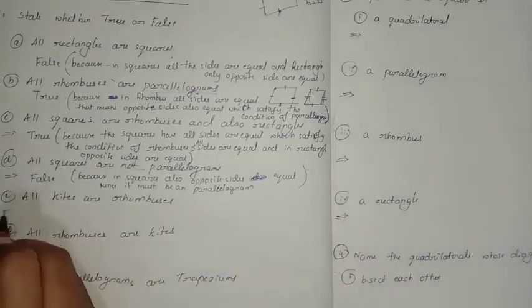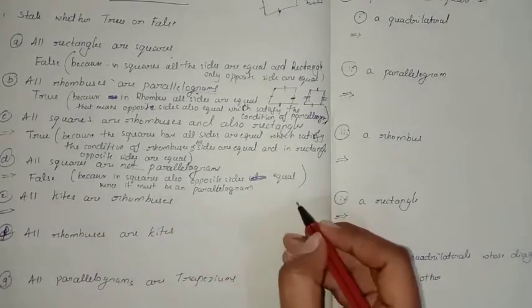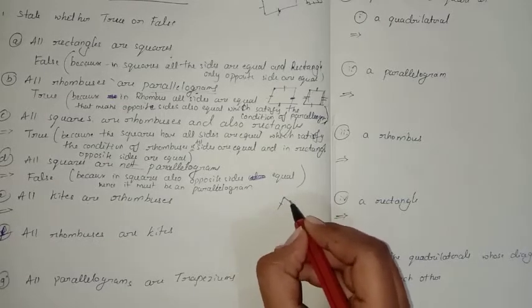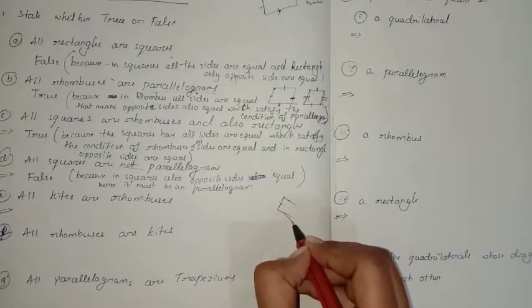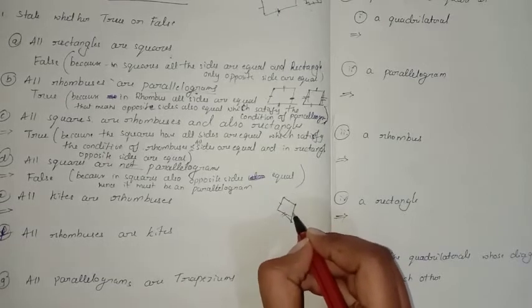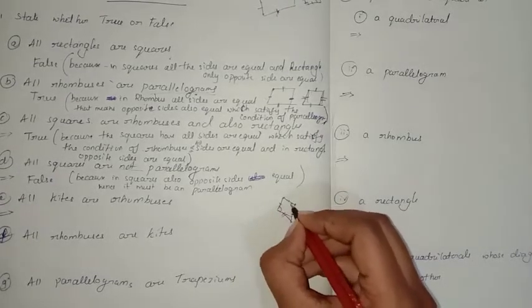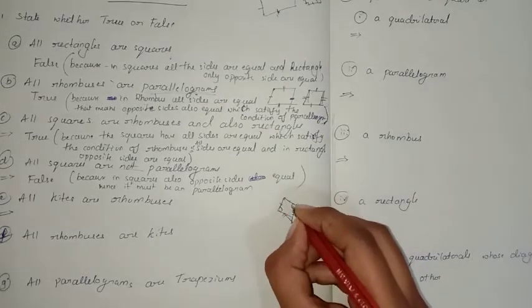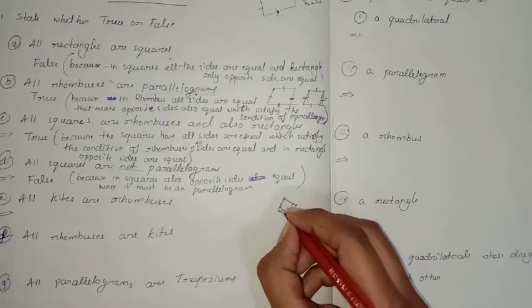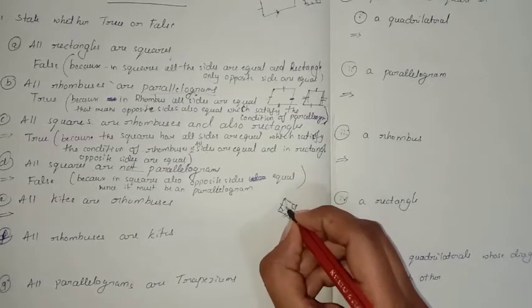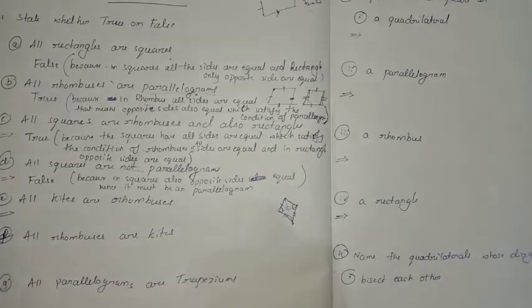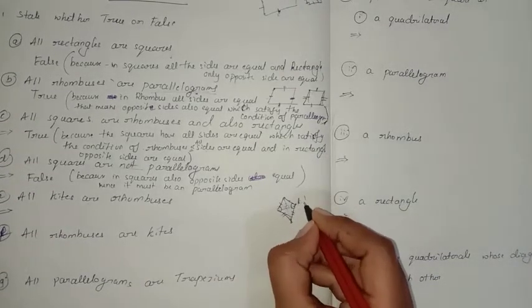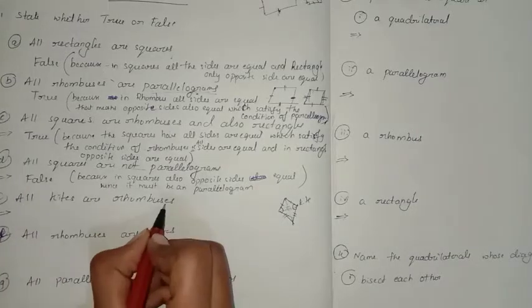Next question, that is all kites are rhombuses. So kites, you know that it is like this. Two sides are equal to each other, that means adjacent sides, and another two sides, these two sides, are equal to each other, and these angles are equal, but these angles are not equal to each other. And even the diagonals, the one diagonal formed is longer compared to the other one, and these form 90-degree angles. So these are the properties of the kite. So this is a kite, and they have given that all kites are rhombuses.